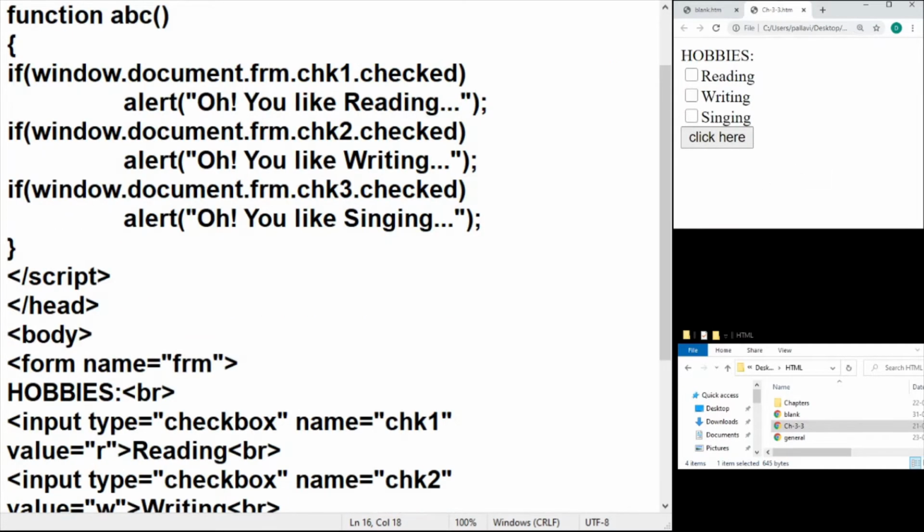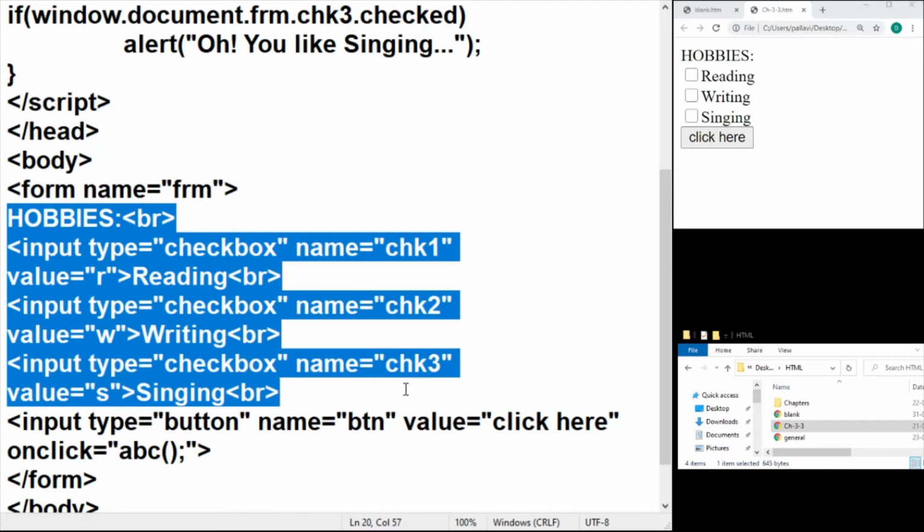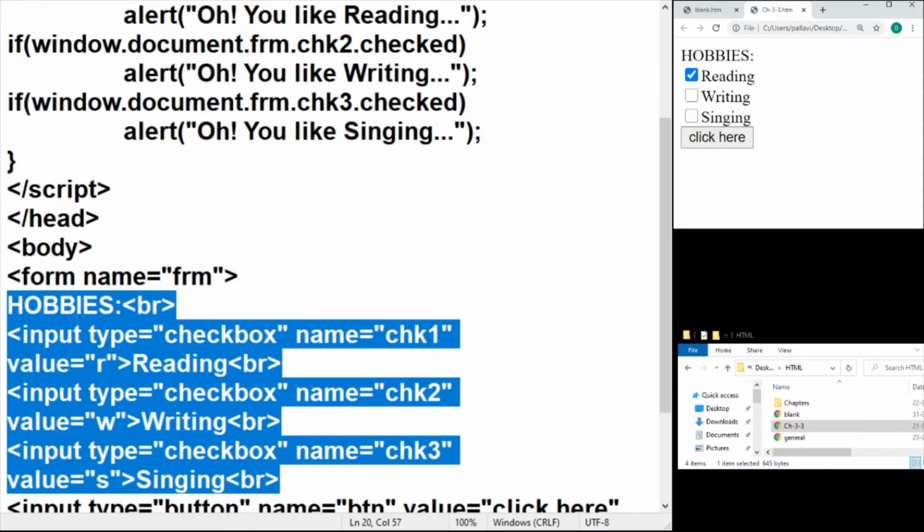So I'm not changing anything in the HTML section. From the first video of checkboxes, you should be seeing the same coding. Three checkboxes, CHK1, 2, and 3 are the names, right? So what I'm interested in basically is when I make a selection and when I click on the button, I'm interested to check out first thing is which checkbox has been selected,